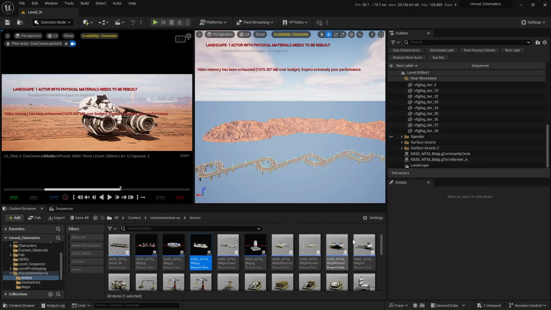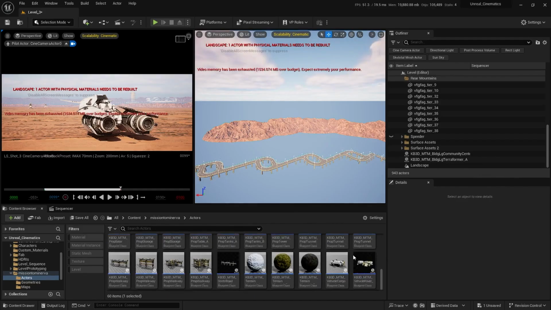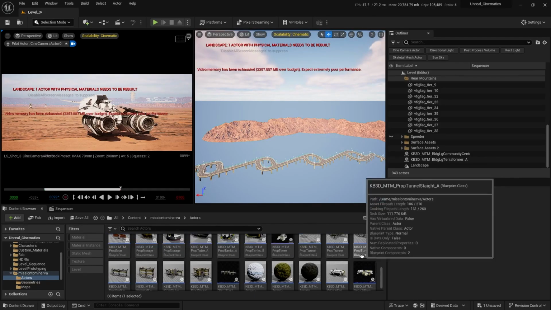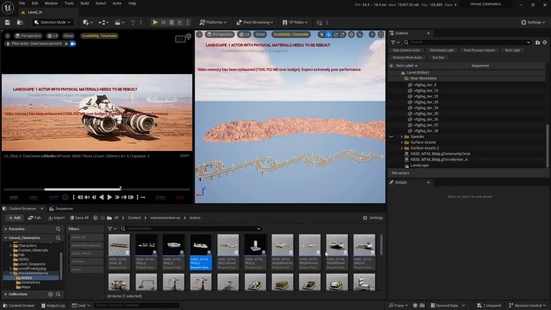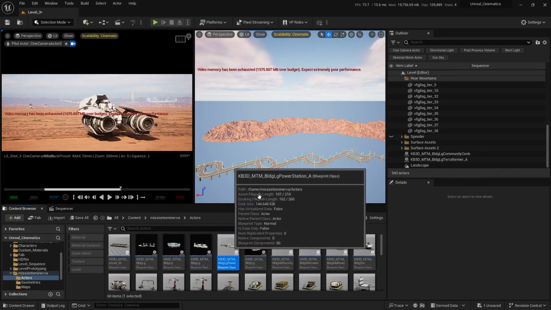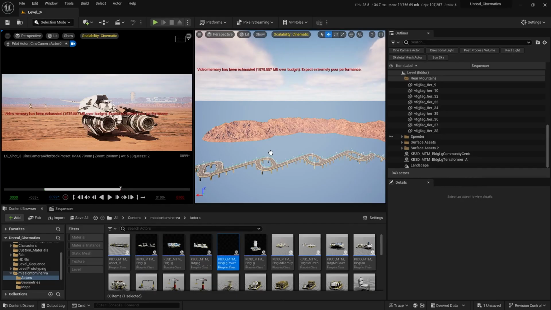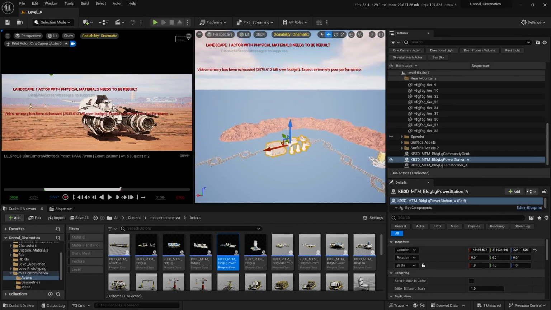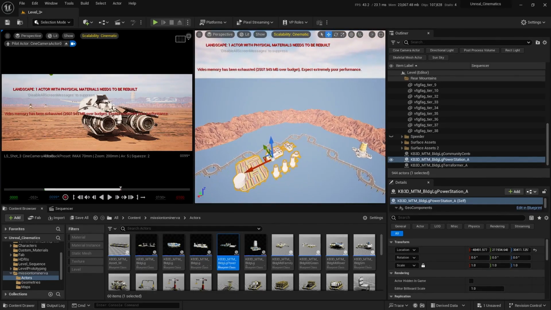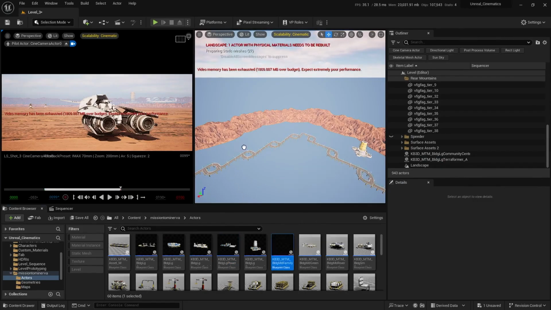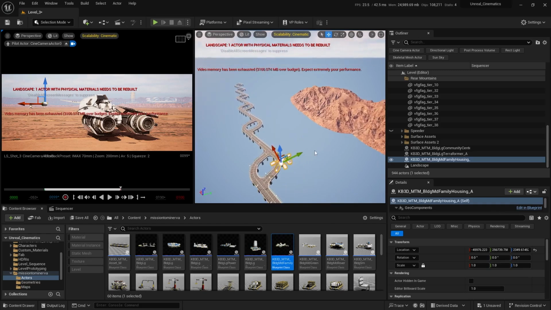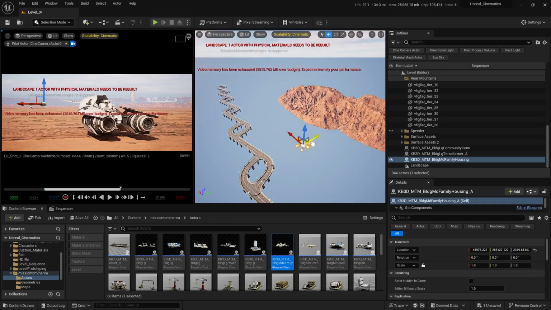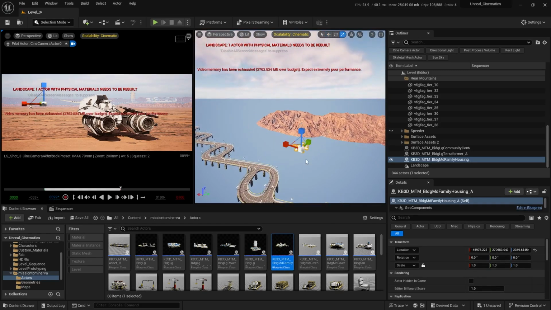Let's try some other asset. I don't know. Let's try this one, maybe. I'm gonna bring it into my scene. No, maybe not. Let's bring in this one. I'm gonna bring it here and let's move this thing on y-axis to just about there. I'm gonna scale this thing up